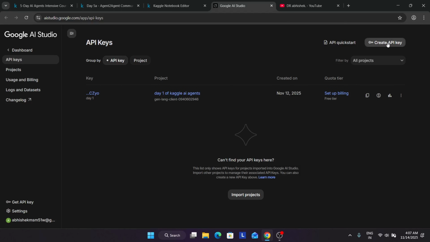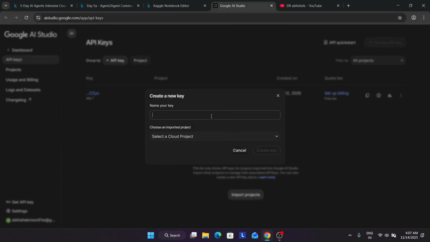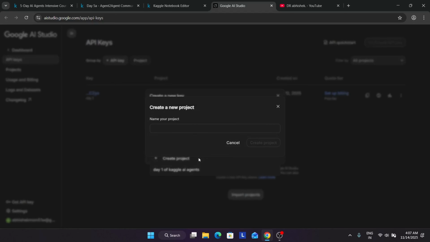Or if you want to create a new API key, you can just click on create new API key and name the API key. Like here, we are on day 5, so you can name it final day, and then you have to create the project if you want, or you can just use the same project.